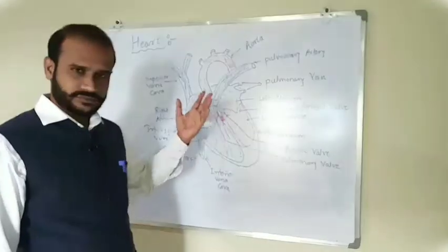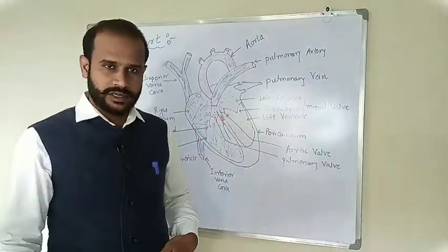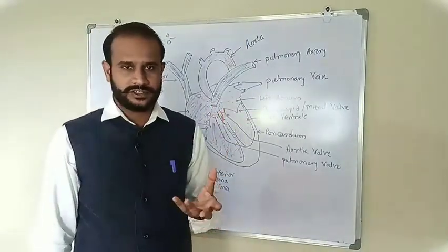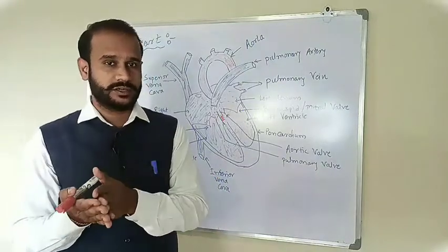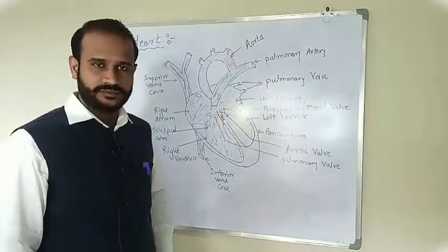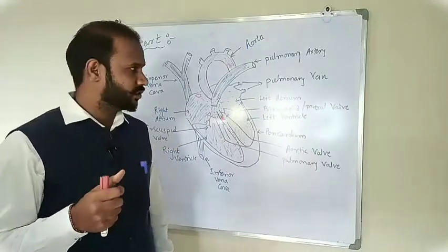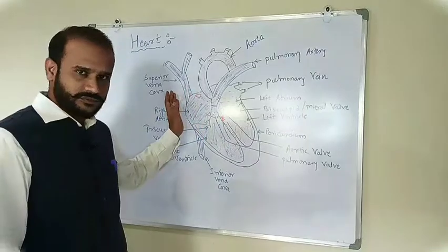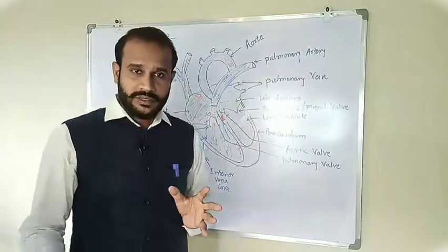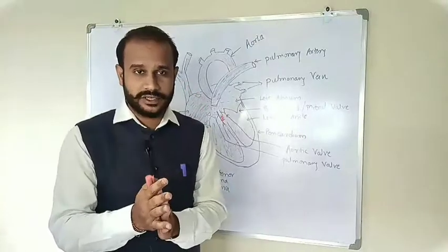Alright. Now, deoxygenated blood comes to the heart because of the metabolic activity of different cells, like respiration is a metabolic activity. What is the waste material? CO2. That CO2 is carried to the right atrium or right auricle. Who brings that deoxygenated blood to the right atrium? That is the superior vena cava and inferior vena cava. Superior vena cava brings the blood from the upper body parts, and inferior vena cava brings the deoxygenated blood from the lower body part.